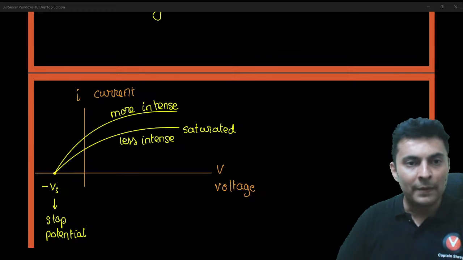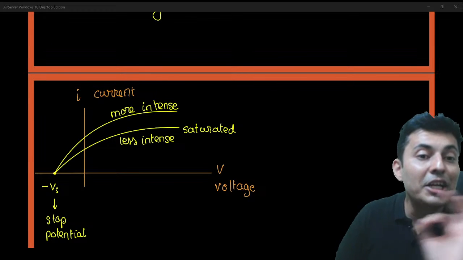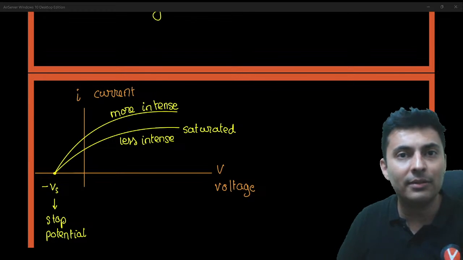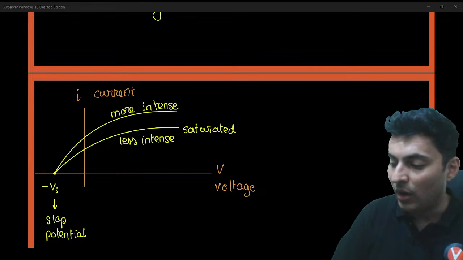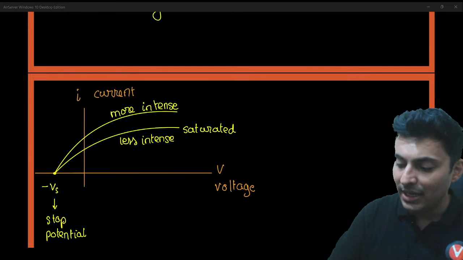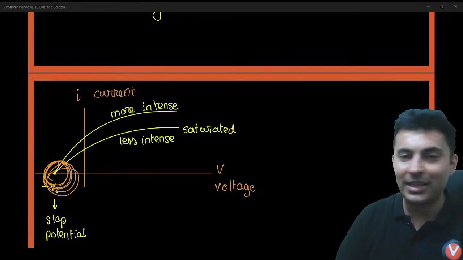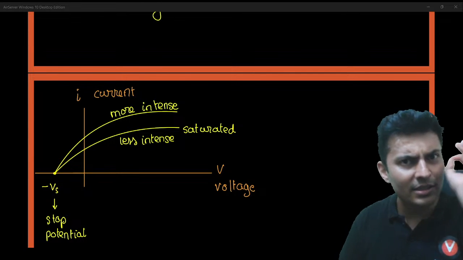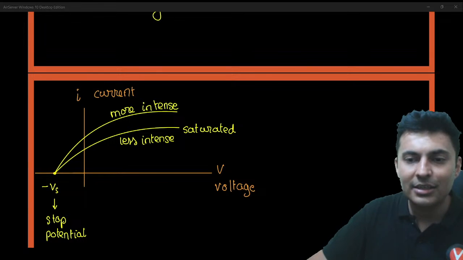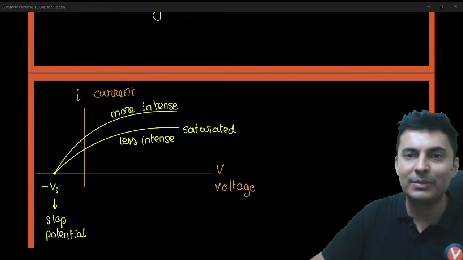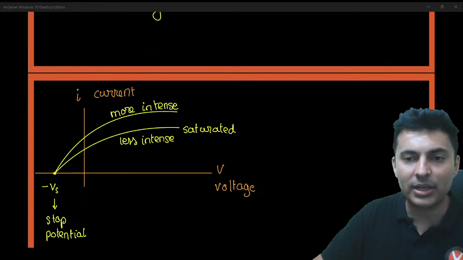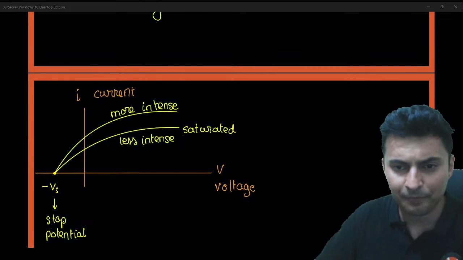That's all. Okay. Stopping potential is independent of intensity is one important piece of feedback which you should know, because all these graphs eventually end up terminating over here. Irrespective of the intensity, the stopping potential will not change. Keep these things in mind. All these are important key takeaways.